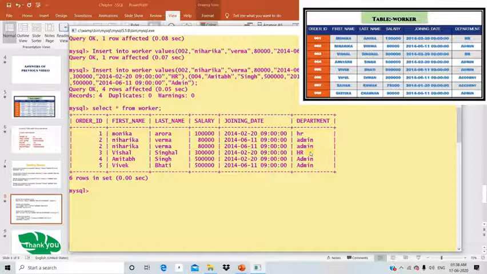Star indicates all, but I do not want all. I just want order ID, right? And salary. Or let's take an example. I want first name and salary. What I have to do is select